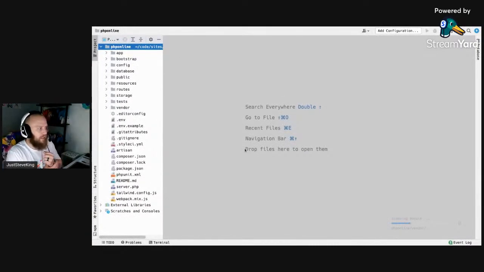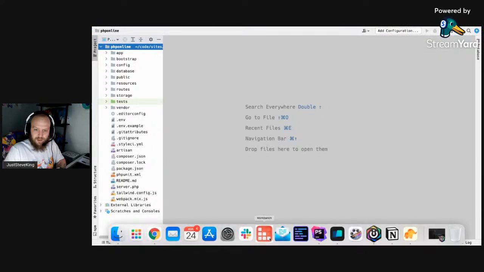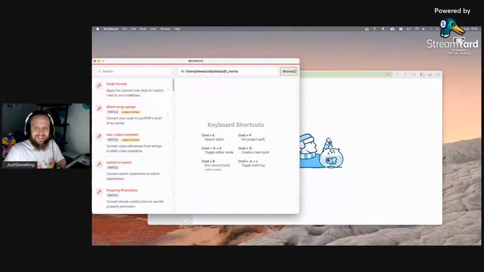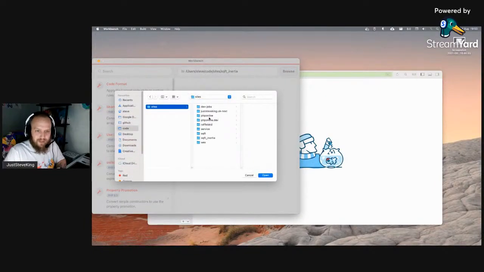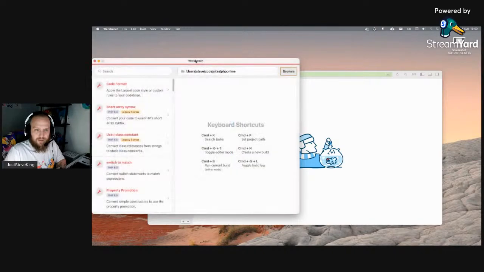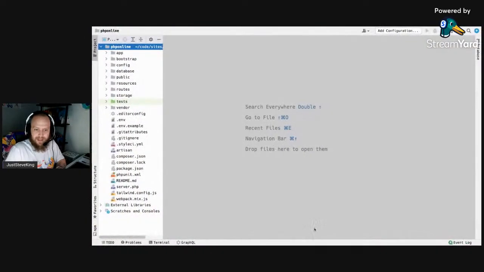I'm actually using Laravel Valet. Valet is fantastic, and it just works really well for how I need it. I do have Docker available, but mostly what I use Docker for is actually Workbench, believe it or not. I don't know if you've seen Workbench, but basically I can come over to this project I've just created and say, okay, I want to make sure everything is PSR-12. But before I do that,